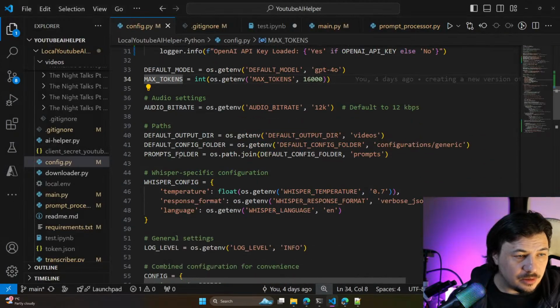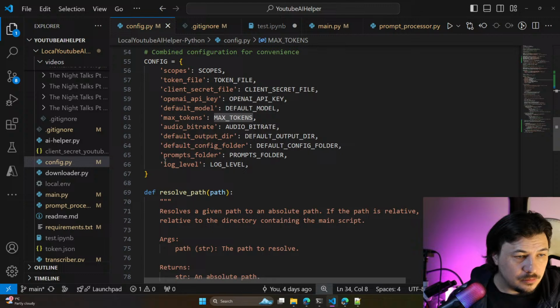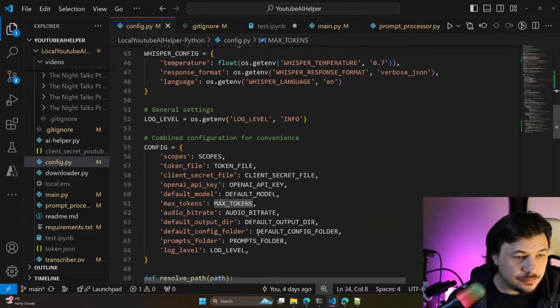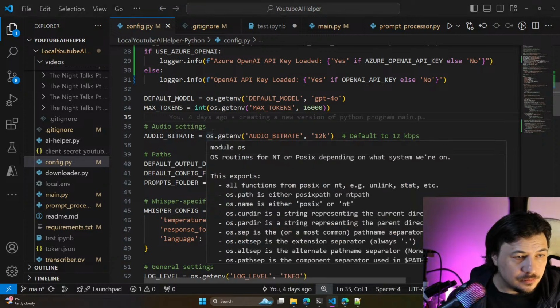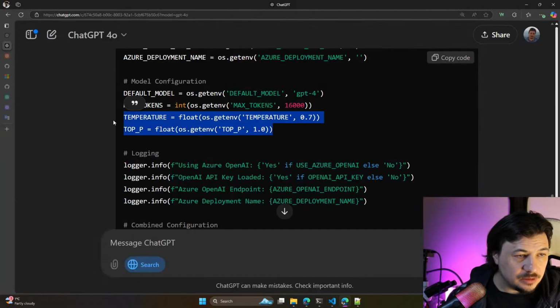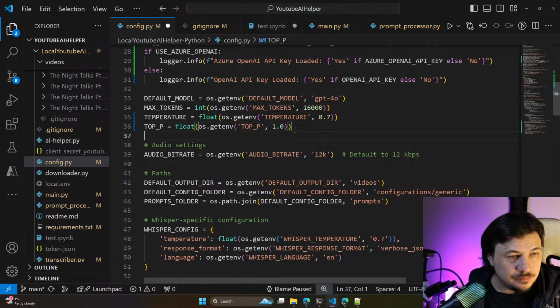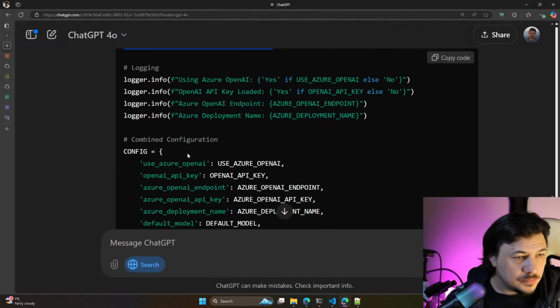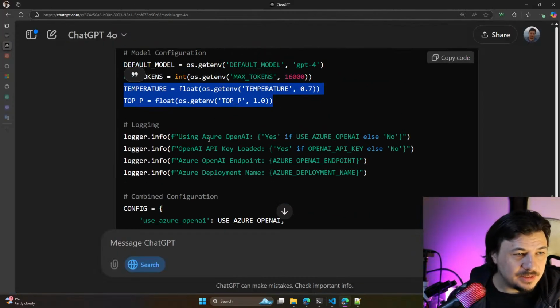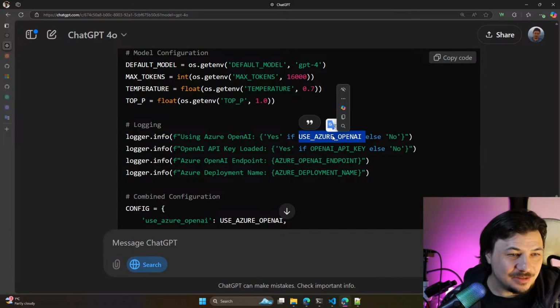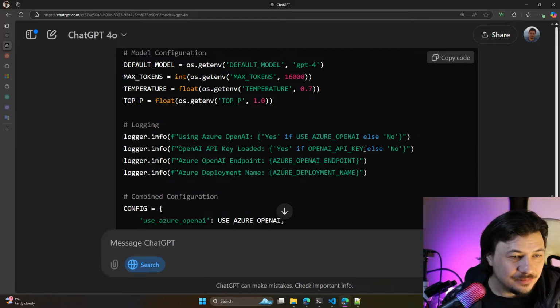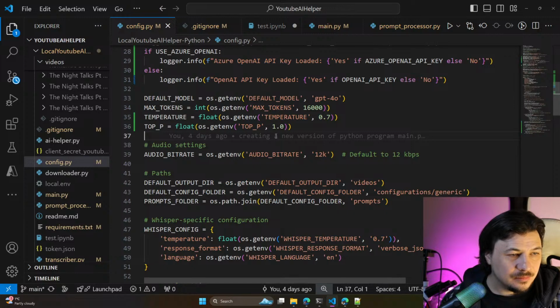Temperature, top P. Let's use it. Logger. Oh, it has similar logging. Use Azure if Azure, else no. Okay.